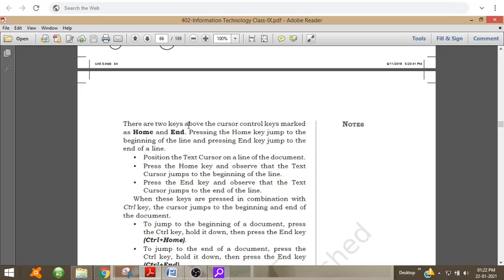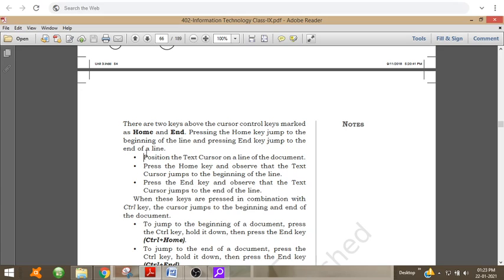So the 2 keys which are on the top of the cursor control keys are the home key and the end key. It is on the topmost part of the numeric keypad.